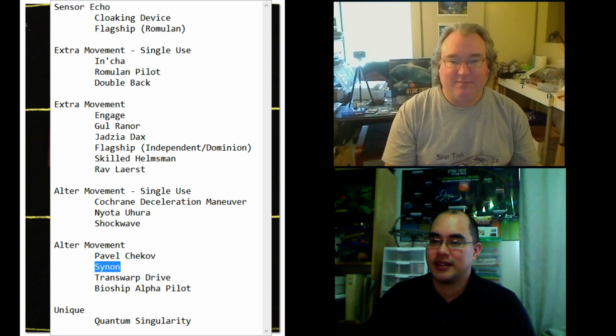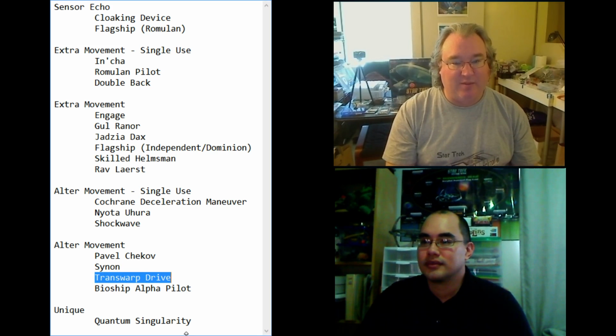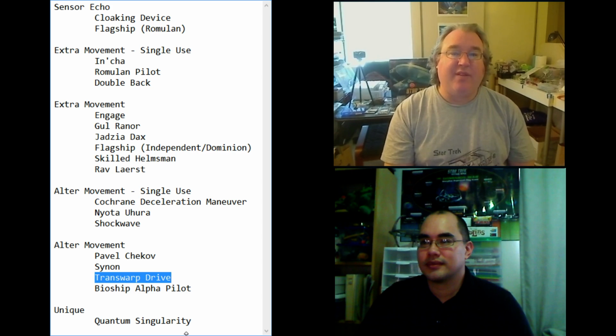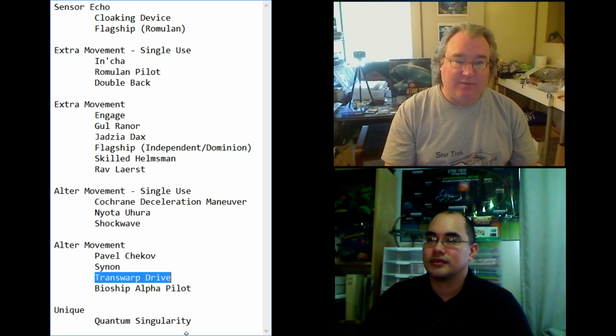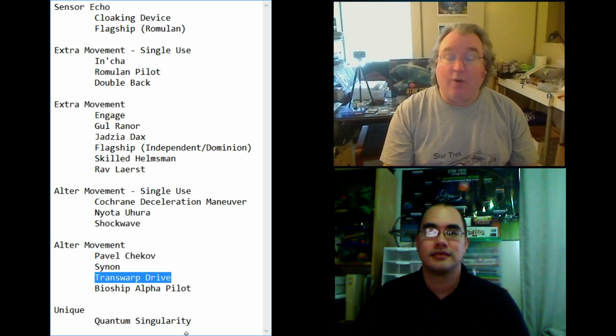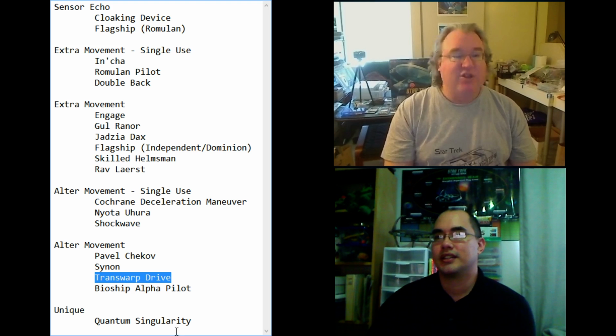Okay. And then the last one we're going to talk about is transwarp. There's certainly a lot more. Actually, we might even want to talk about quantum singularity, the new kid on the block. But transwarp drive came with the Excelsior expansion. It basically says anytime you choose a 4 forward on your dial, or a 5, either anytime you select a 4 or 5 straight forward, you can, when it comes time to actually do your movement,